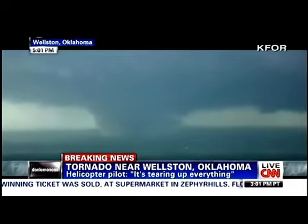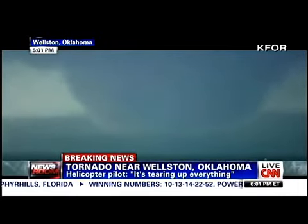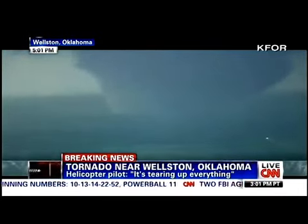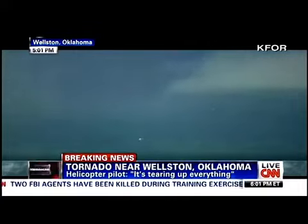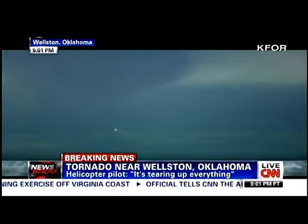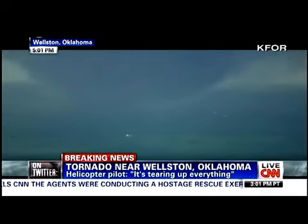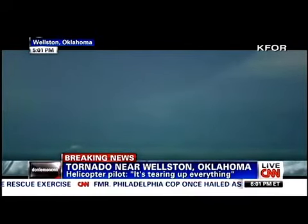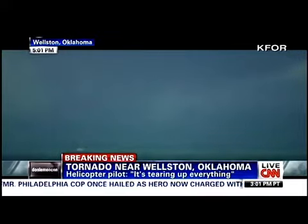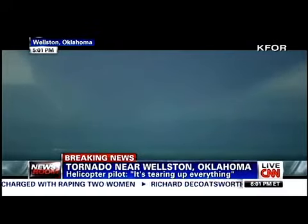It hit Wellston, Oklahoma. There were also tornadoes in other parts of Oklahoma, and this system is a humongous system from Minnesota to Texas, and anyone in any of those areas should be on the lookout right now. Look at this thing. This is unprecedented that we get to see something like this, and you could see the lightning. And as this tornado went through and started hitting homes, you could see the sparks from electricity and just from debris on the ground there. We have reporters who are in the area who are trying to make their way. We also have affiliate coverage from our affiliate KFOR. These live chopper pictures that you're looking at now. Again, fascinating to see this. Very scary for the people who are facing this, who